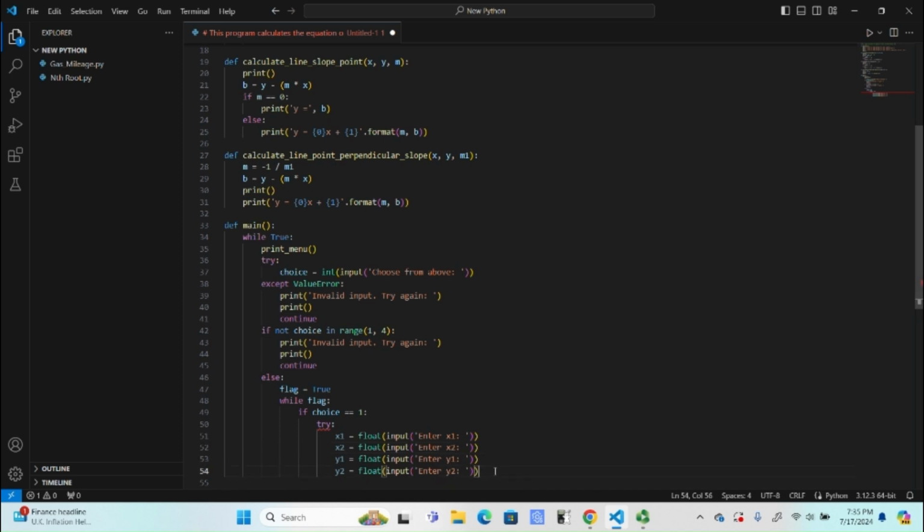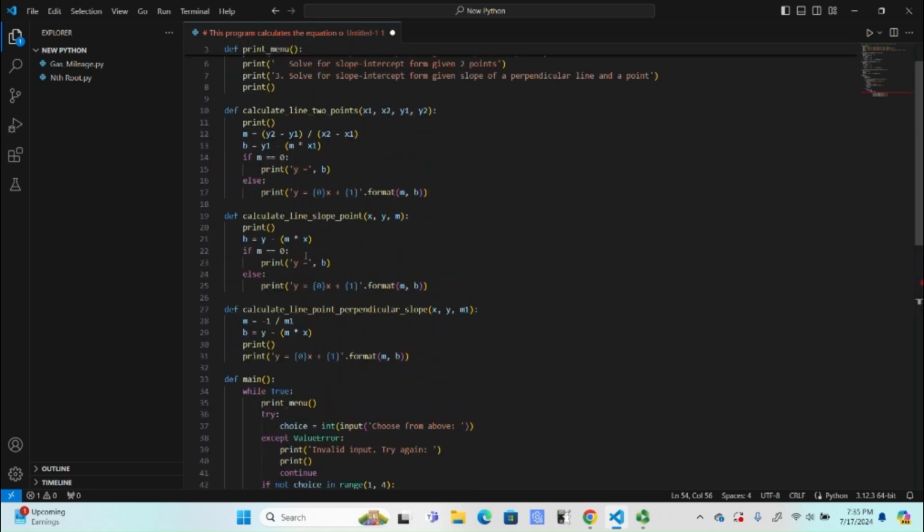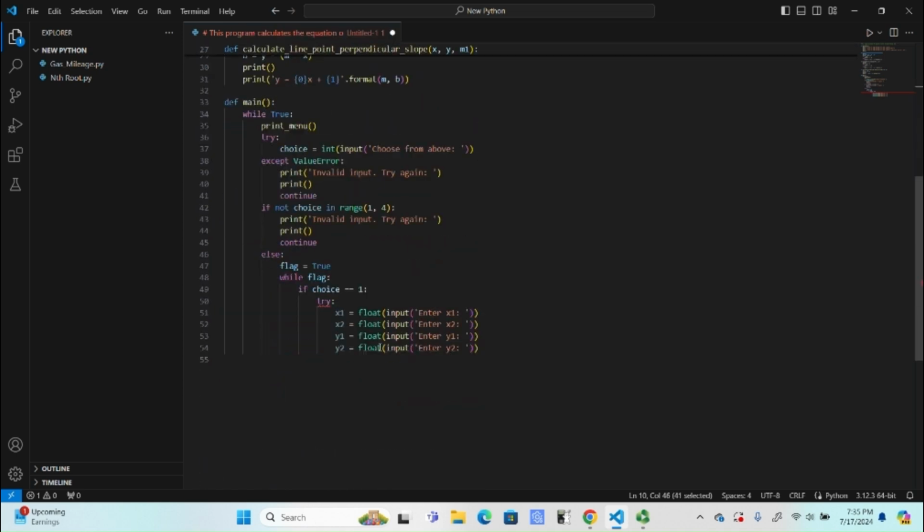So I've created the 4 inputs as float from the user, x1, x2, y1, and y2, and now we're going to call the first function that we made to do the calculation for us. So just copy this and paste here. So that's the first choice. Let's just go back to, so if choice equals 2,